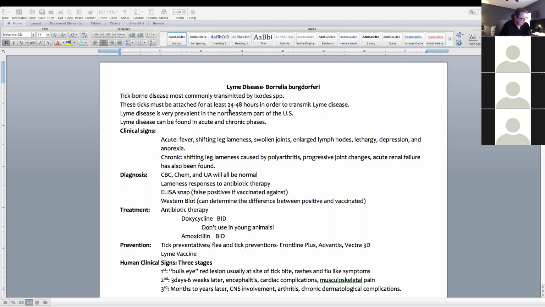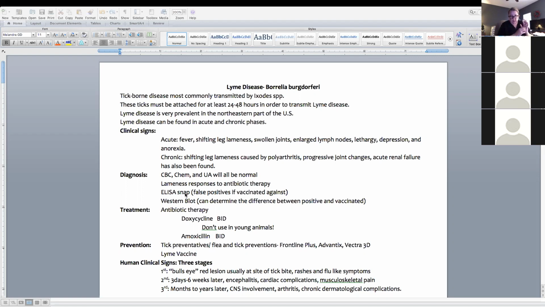What diagnostic techniques do we use for Lyme's disease? To diagnose, with most vague clinical signs, the CBC, chem, and UA are a lot of times normal, maybe some slight inflammation on a CBC, but it can be normal with Lyme's disease. So probably the ELISA SNAP test or the Western blot test are going to be good. Now the ELISA